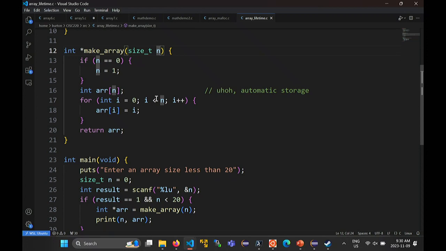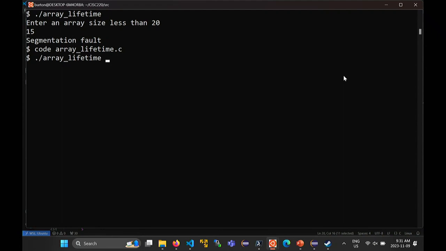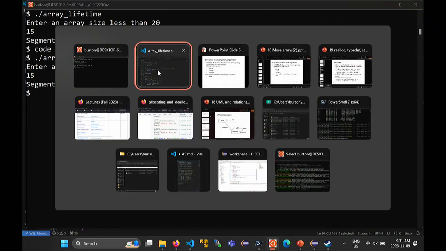by the caller, filled in the elements of the array, and then returned a pointer to the first element of the array, right? And we saw that when you run this program, it crashes when you try to run it. So when you try to access the elements of the array, it doesn't work. And remember, the reason that it doesn't work is because